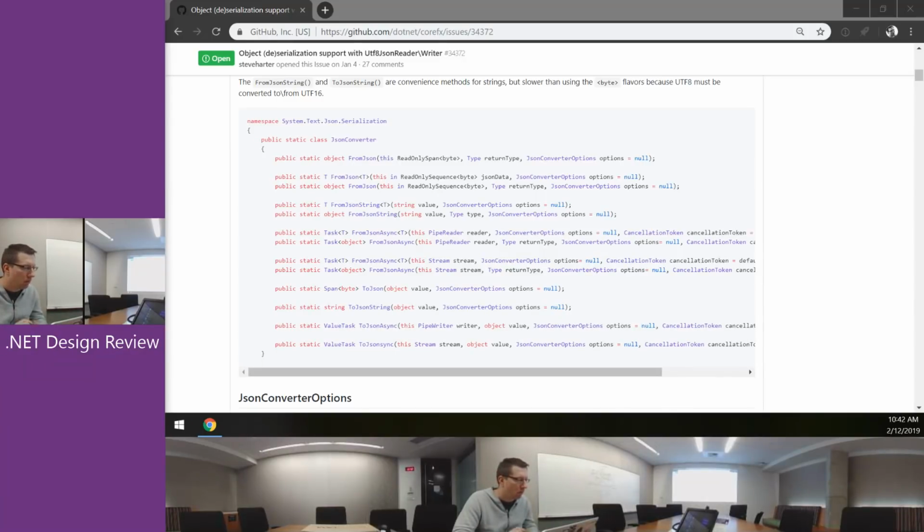So "from" is fine for the bytes, but "read" matches what the rest of the overloads will be. Yeah. Okay. Anybody have any other comments on that? I mean, I'm open to it. This, like I said, everyone has a slightly different API version, and